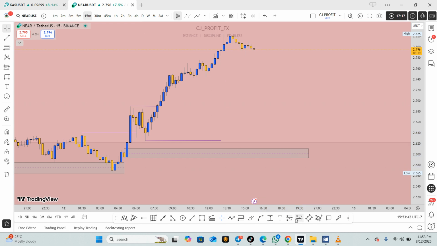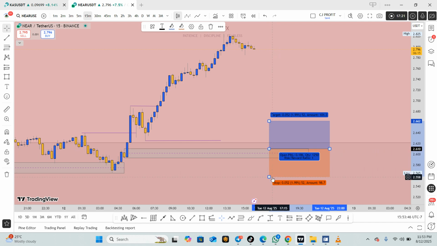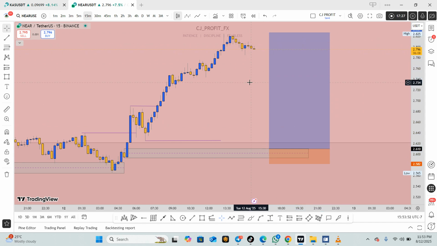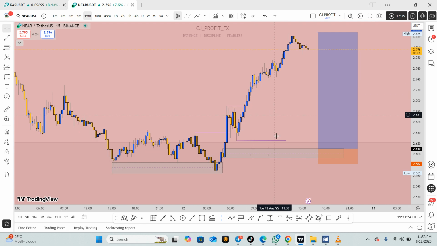Our SL, then our TP. So we might have this target. So this is the simplest way to break down analysis and then wait patiently as the market reacts in your